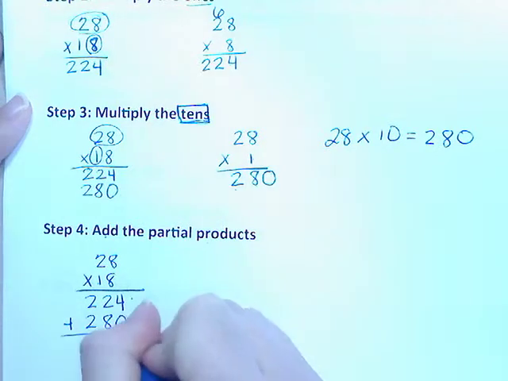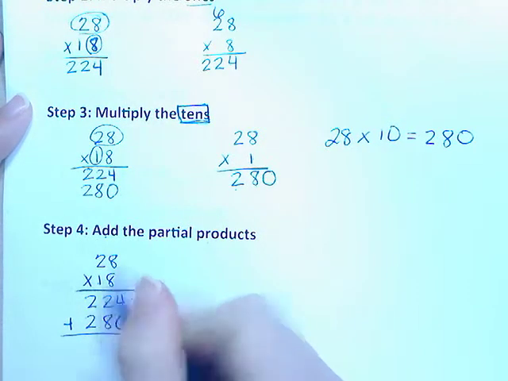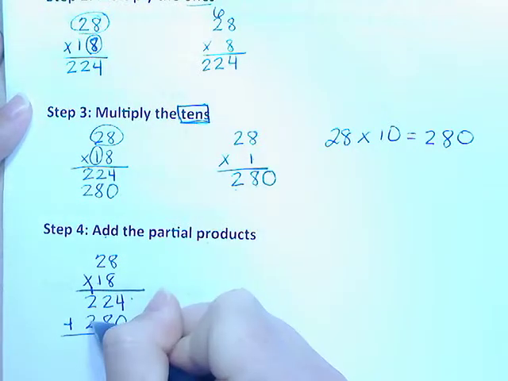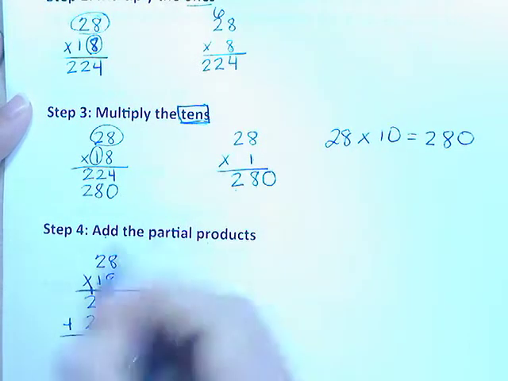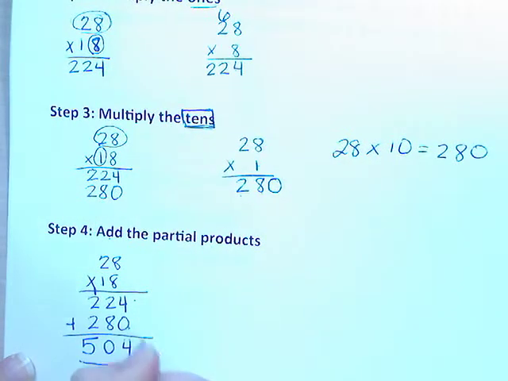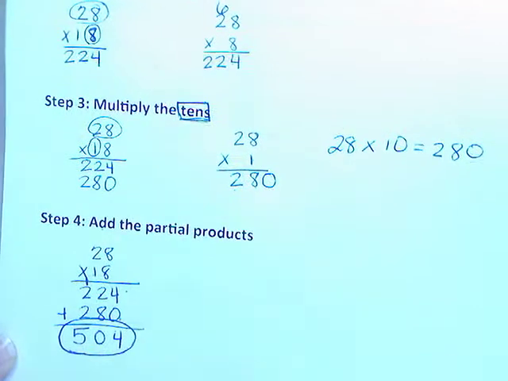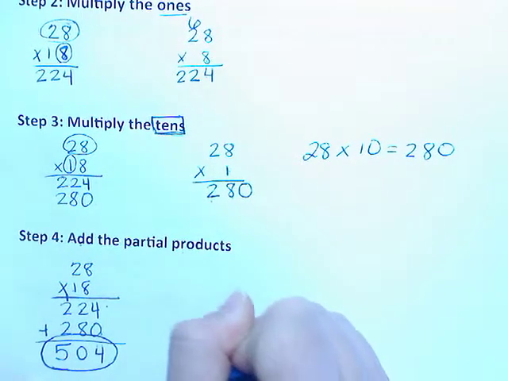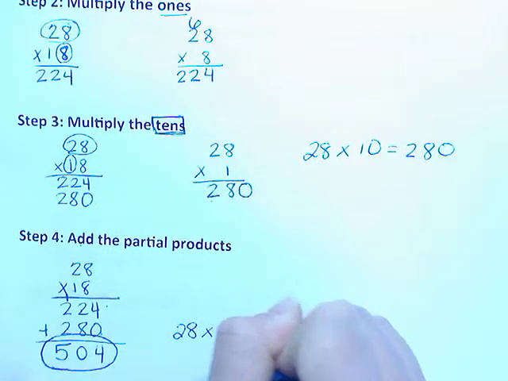4 plus 0 is 4. 8 plus 2 is 10, so I need to write my 0 and carry my 1. 2 plus 2 is 4, plus 1 is 5. Remember, I love to circle my answer so I know exactly what it is. 504. So that means that 28 times 18 equals